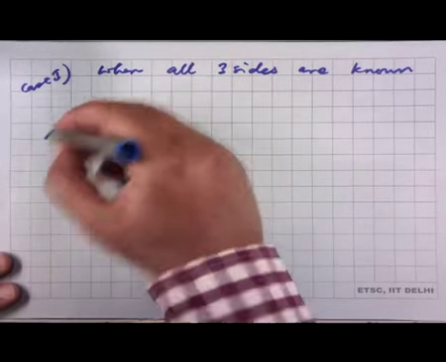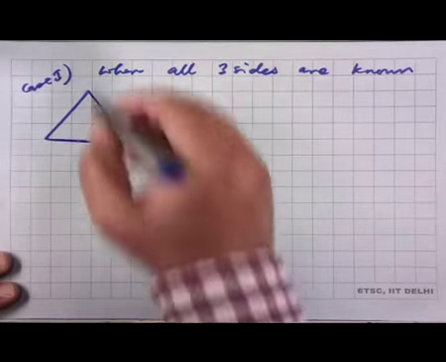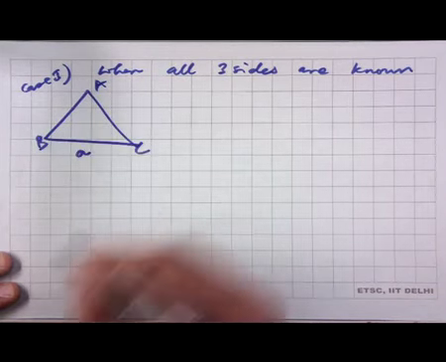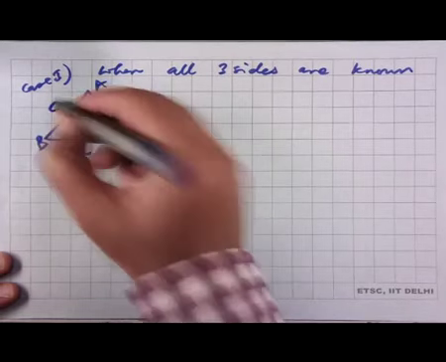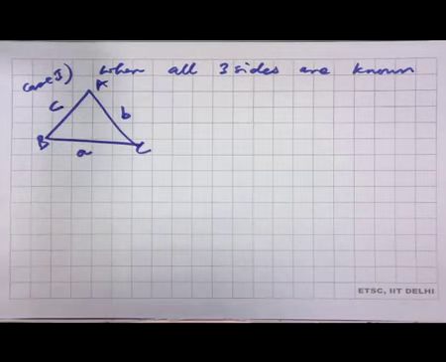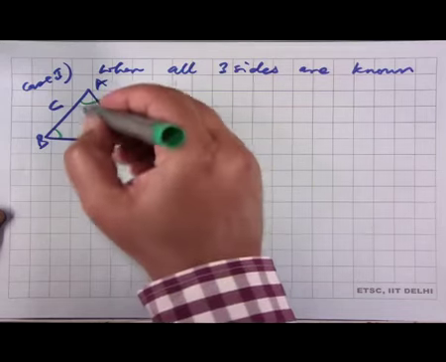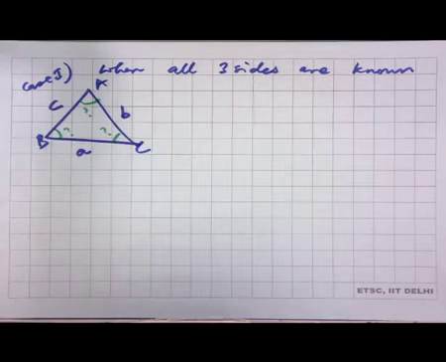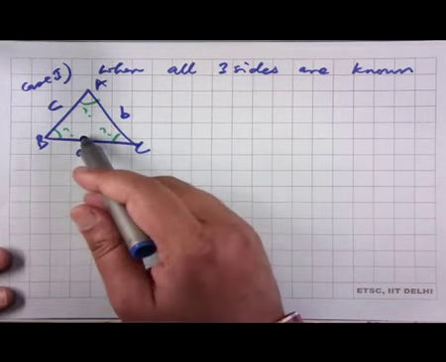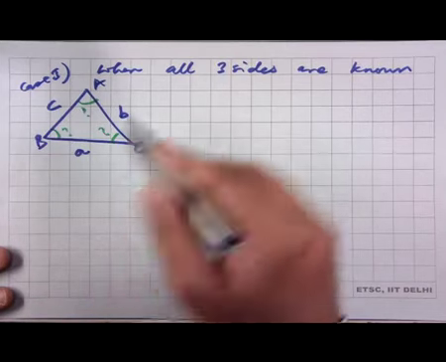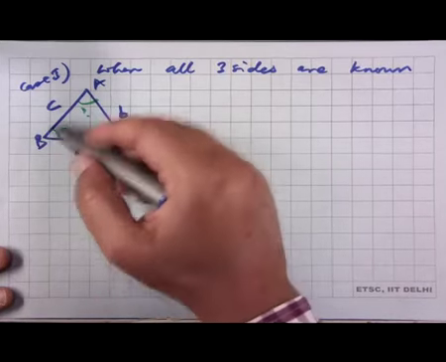So, basically we have a triangle ABC where all these 3 lengths A, B and C are known, but these 3 angles are unknown to us. So, now our task is to find the value of these 3 angles given these 3 lengths,